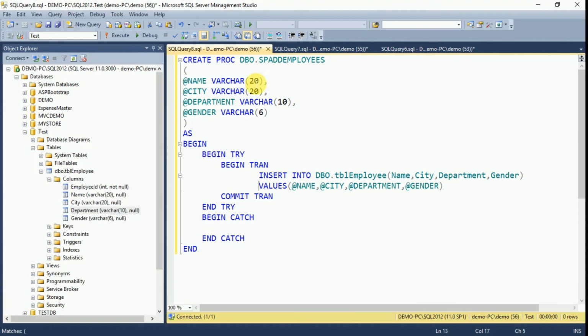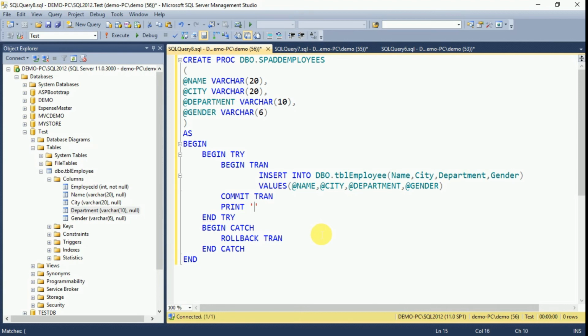So now our statement is ready. Here we'll start with the begin transaction and here we are going to insert the data. If the data is inserted successfully, then it will be committed, or else if there is any error, here we have to roll back. So we can use the rollback transaction like this also. Here for our understanding we will print a statement.